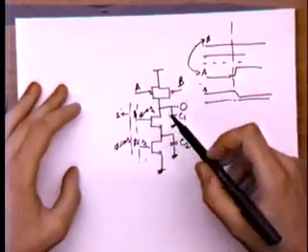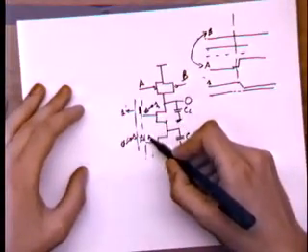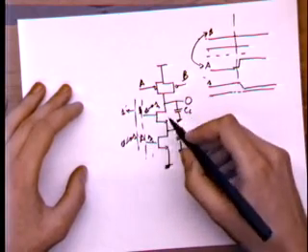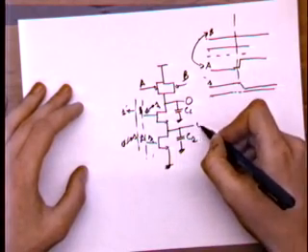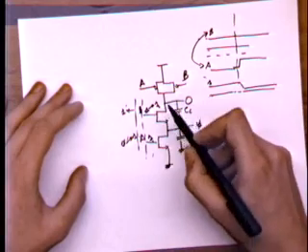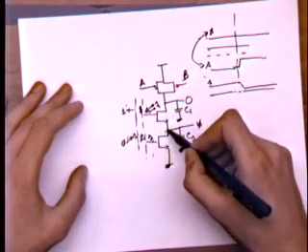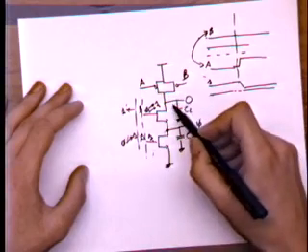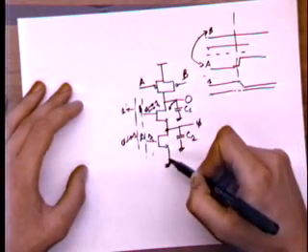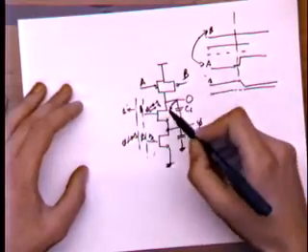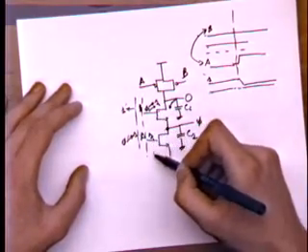Okay, so let's consider the case in which this is always at 1. Because this is always at 1, this capacitor is already discharged at 0. Okay? And now what I do is I turn on this device, this node is immediately at 0, and then I only need to discharge the output capacitor through ID. Okay? In the other case, where this device is on and this device is at 0,